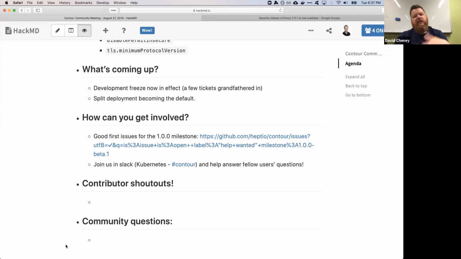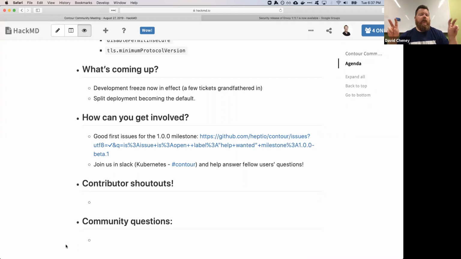But before I get into the next bullet point, the one thing that we are pushing is that we're going to say that the split deployment becomes the default. For anyone who's running Contour now, this probably is neither news nor a big deal to you, because when we say the default is that if you go to the README and it says, kubectl install j.heptio.io,